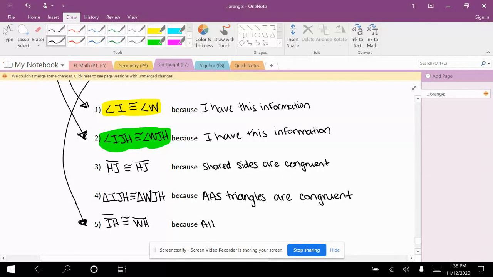Porque all of the parts are congruent because